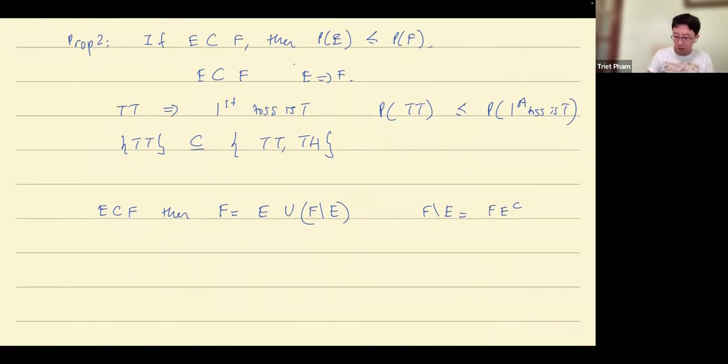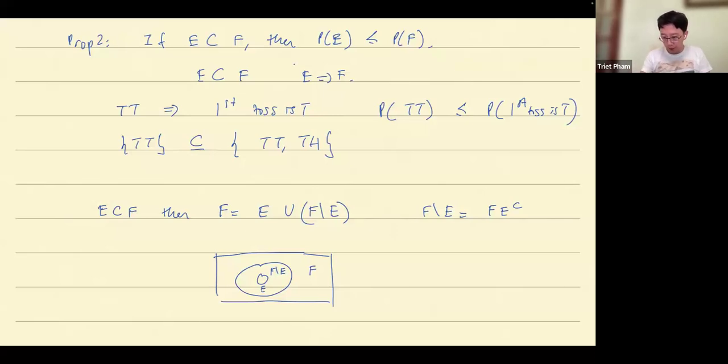In terms of the Venn diagram, this is the part where you say F but not E, right? So anyway, the point is that